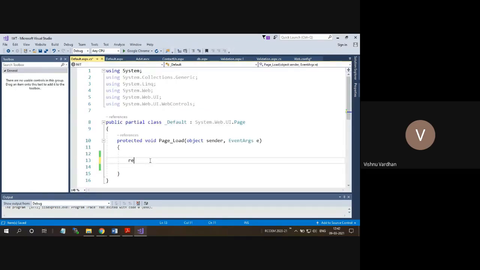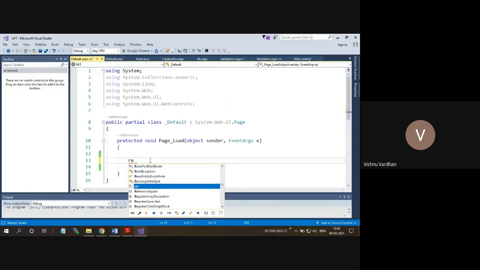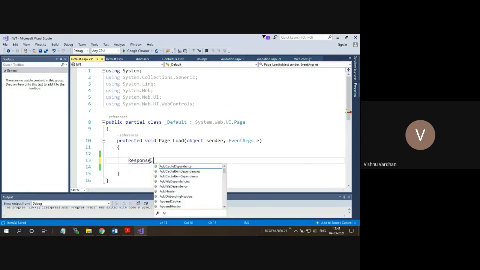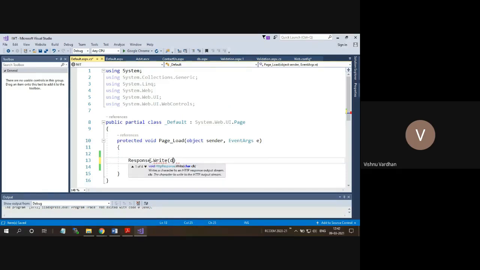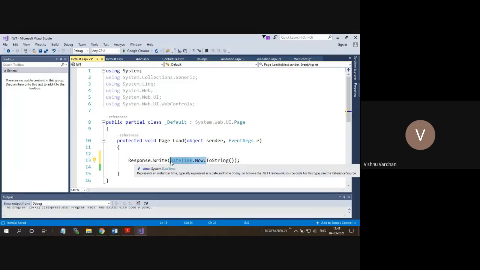Let us write something based on real-time statistics. For that I will take DateTime.Now.ToString, which is nothing but the current time, and I am going to write the current time on the web page user interface.